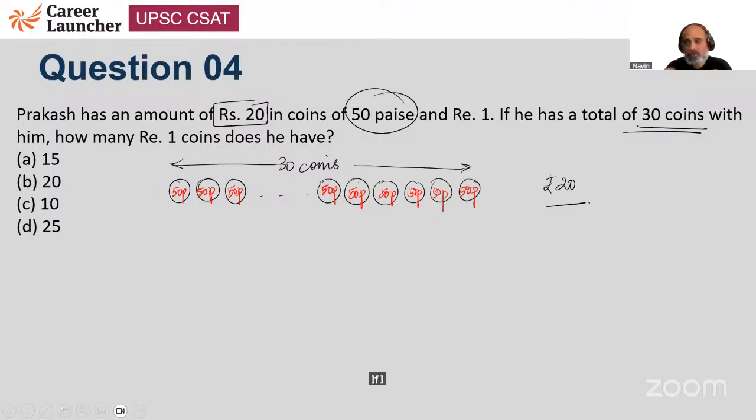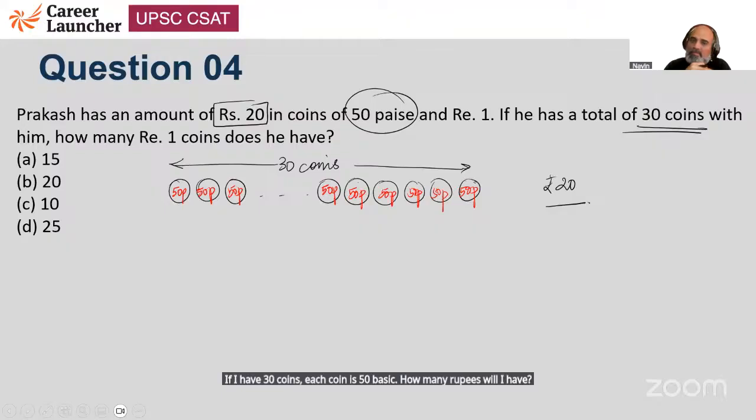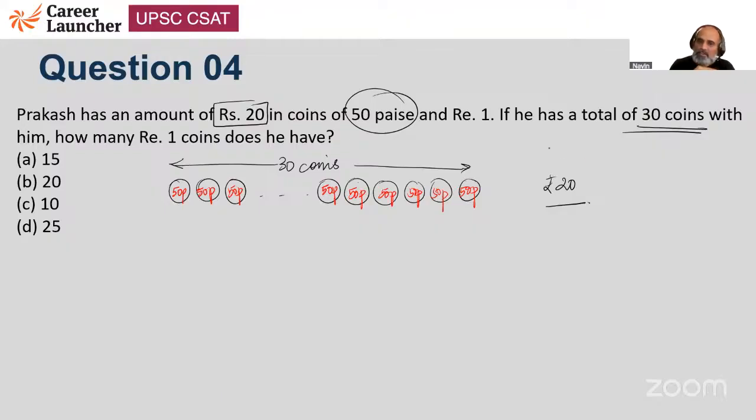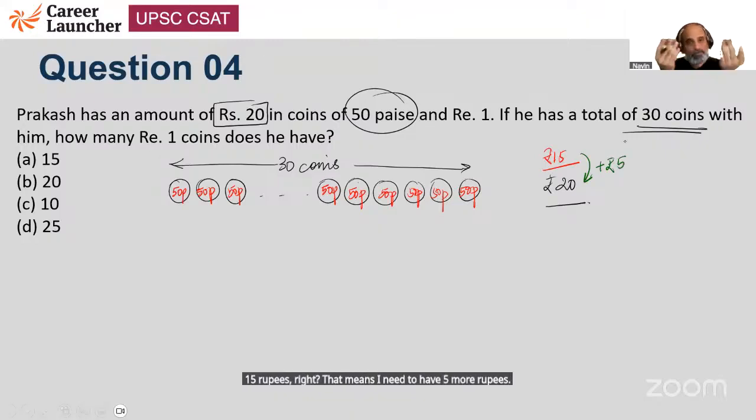If I have 30 coins, each coin is 50 paise, how many rupees will I have? 15 rupees, right? That means I need to have 5 more rupees. How? So what I'm going to do is I'm going to say that I will remove this 50 paise coin